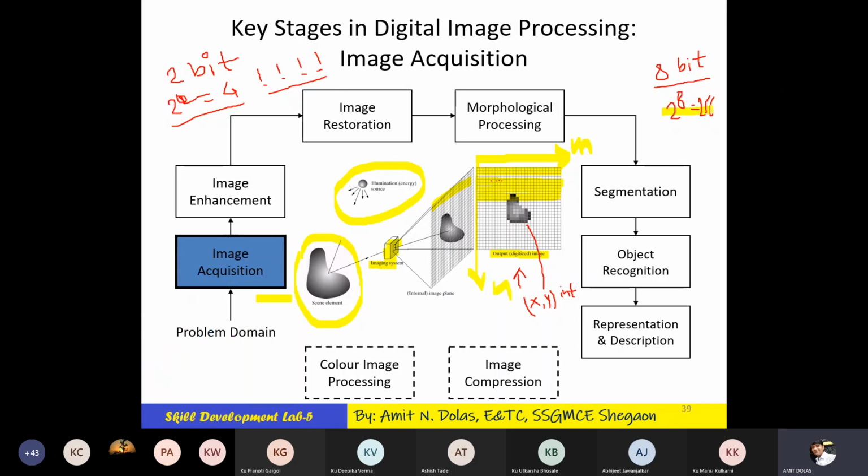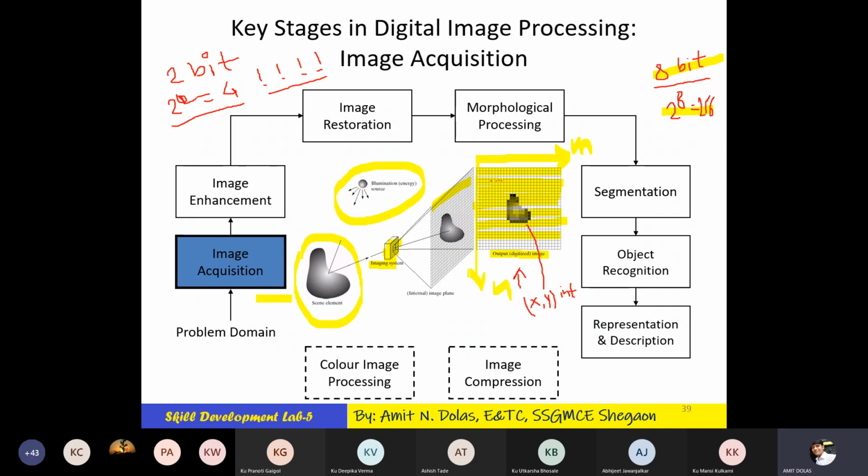Coming back, if it is 8-bit unsigned, I'll tell you later on what the different data types or types of the image are. So here this complete image is stored with 3 pieces of information. In fact, it has 2 attributes only, pixel location and intensity, but pixel location is defined by x and y. So there will be, of course, 3.